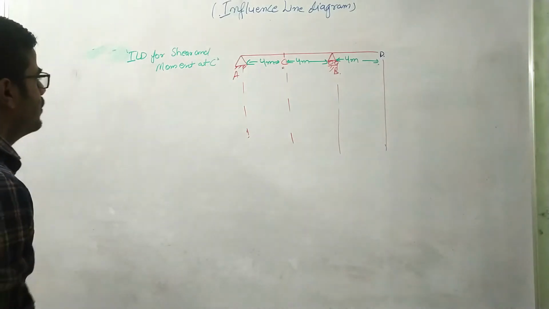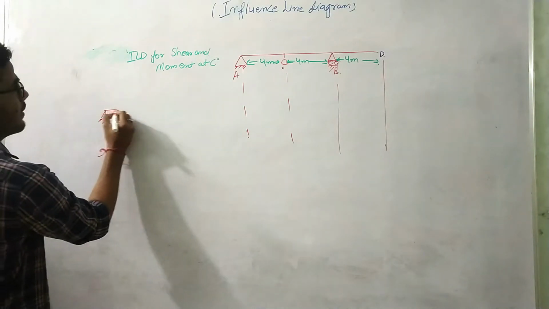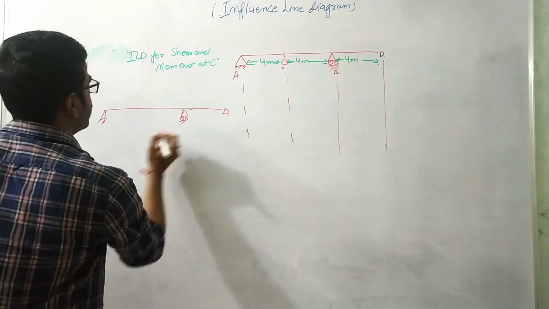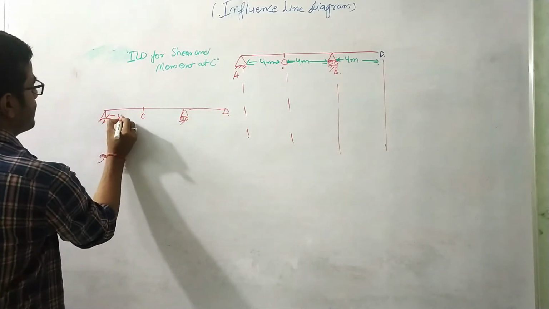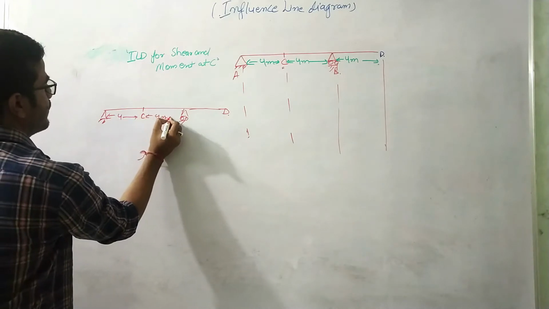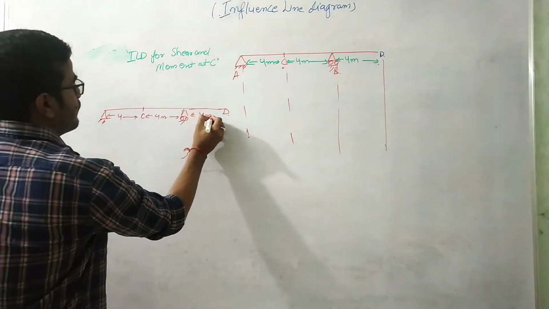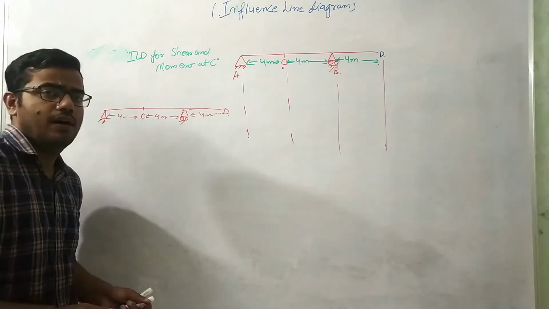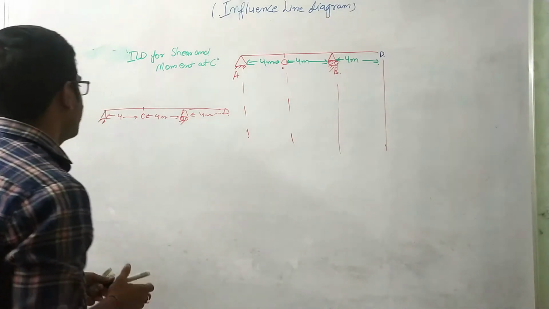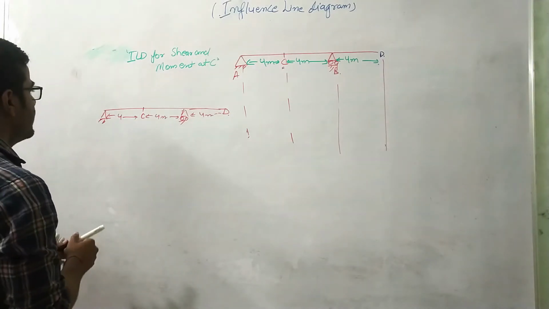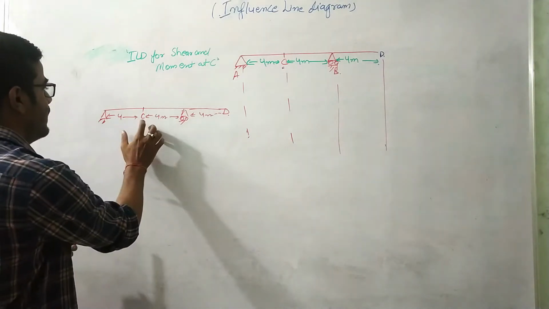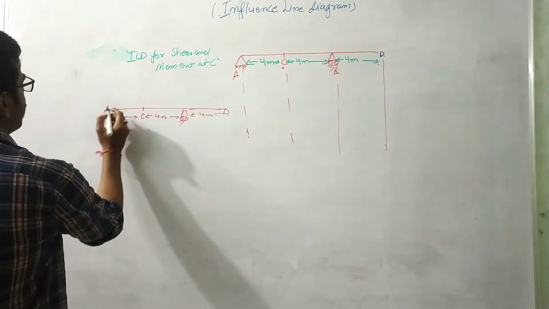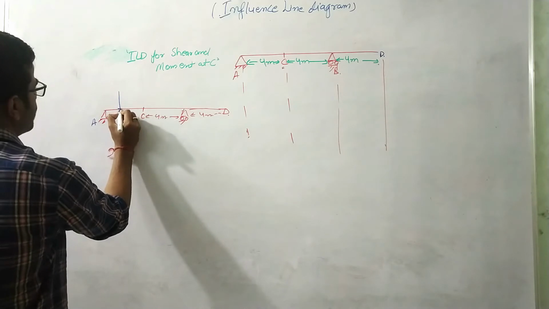Okay, so again I will draw this beam over here. This is the D portion and this is point C. This is 4 meter. This is the beam. So first, in the case to draw the ILD for the shear force, what I am doing over here is I need to calculate what is the shear force at section C. Basically, in the first case, I am keeping the unit load at this cross section